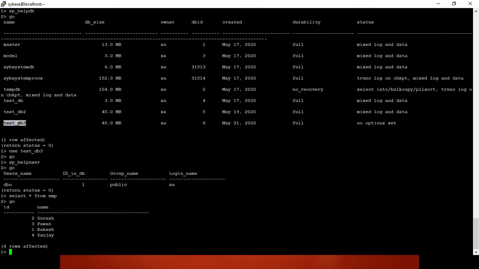The process is to create a login on the database server, create a user on this database testdb3, and grant the appropriate privilege. First we will create a login to the database server.